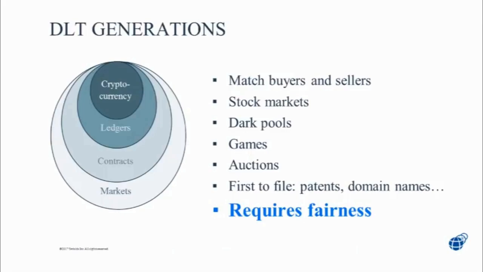And so once we have the ability to have money and to have assets, and now to be doing these swaps so I can sell you something and you buy it from me, the next obvious question is, could you have a whole group of sellers and a whole group of buyers? Could you create markets? This would be the 4th generation. Could we do something beyond just simple transactions between 2 people and have large markets where there's lots of buyers and lots of sellers, and that there's some kind of a matching system that matches people up, like a stock market or a real estate market or an eBay, where you have multiple buyers simultaneously and do it in real